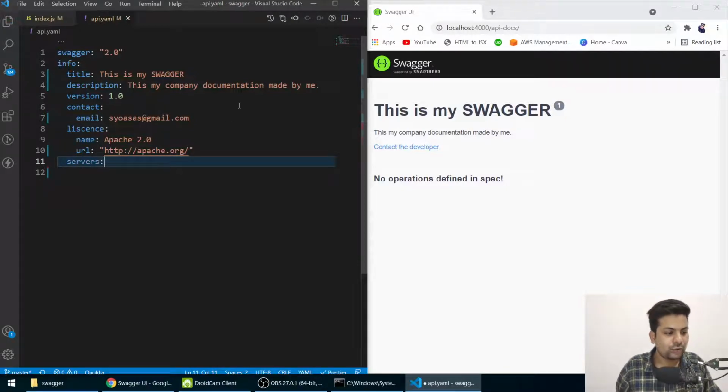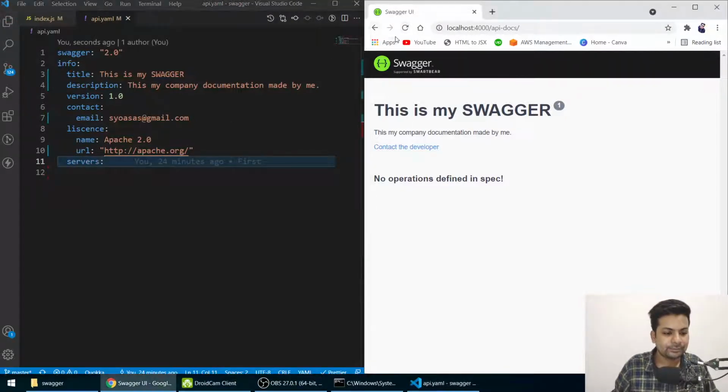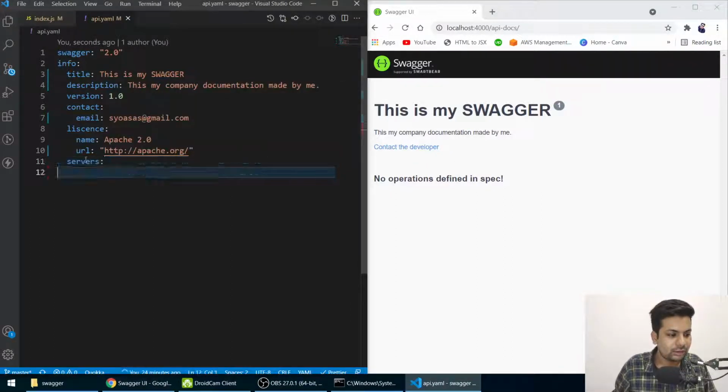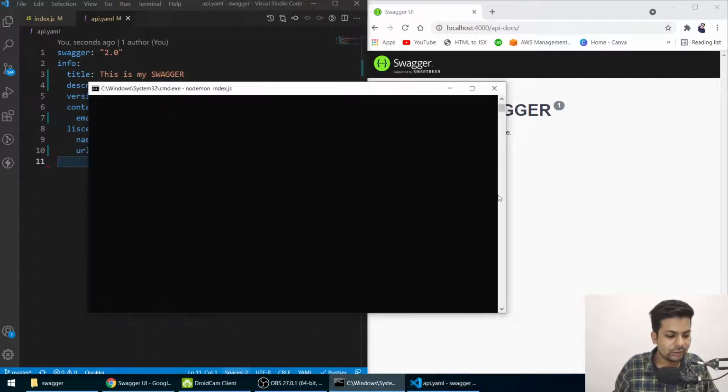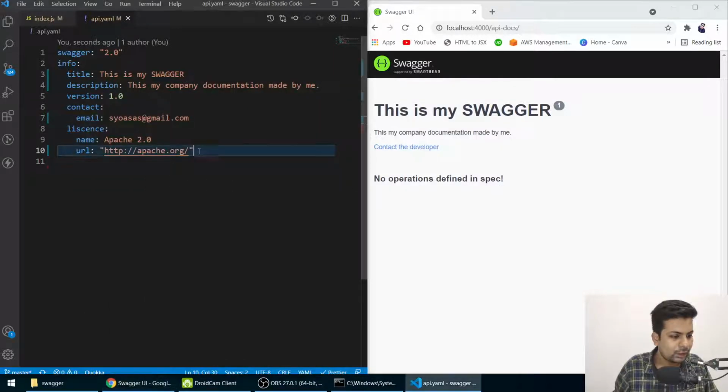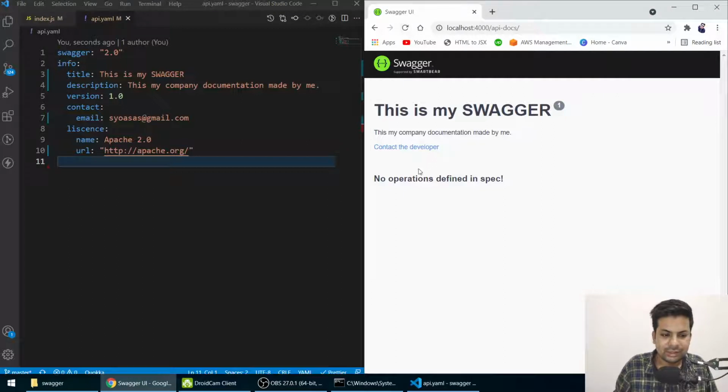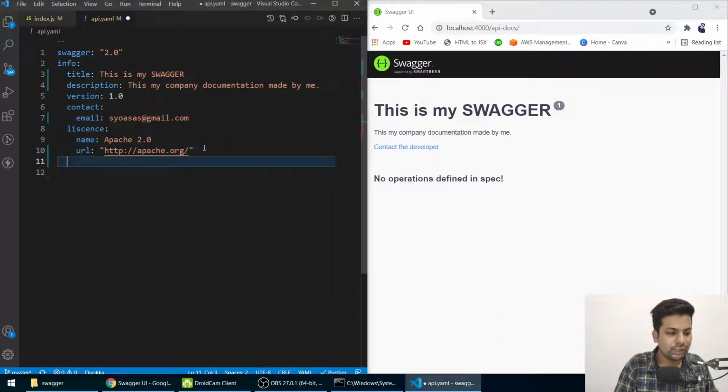So we'll say servers. Let me just show you what happened till here. Why is it not showing the license? I think servers, it's reloading. Yeah, reloaded. Okay, I'm not sure why it's not showing license. The license spelling is correct. I think it doesn't show the license part, but if I remember, it shows. Okay, whatever. We'll go next with servers.